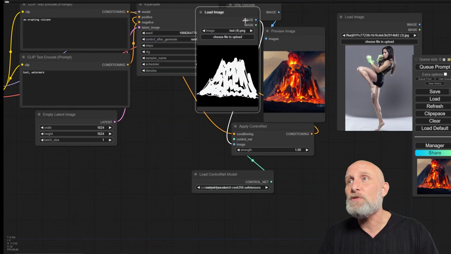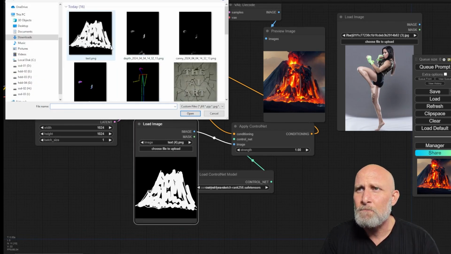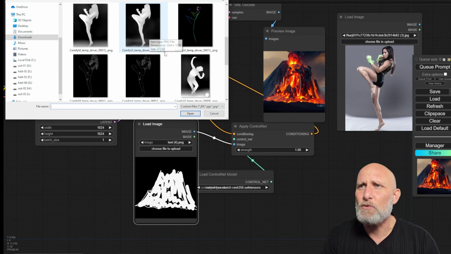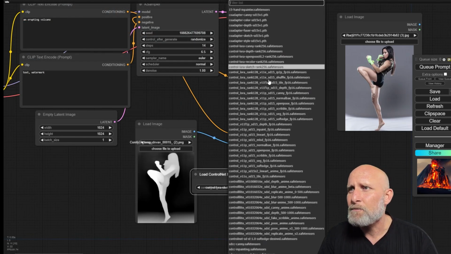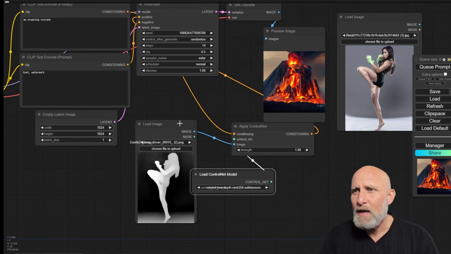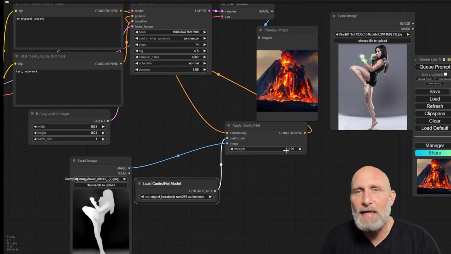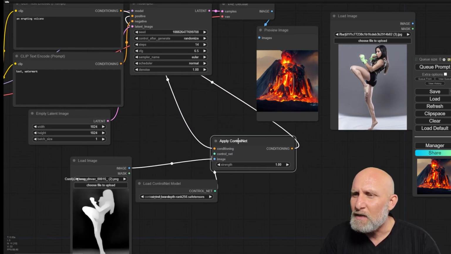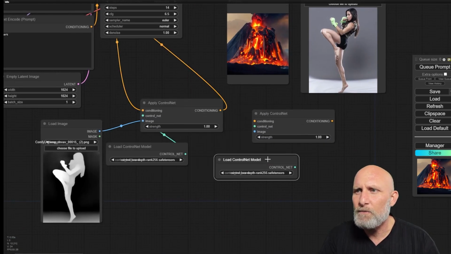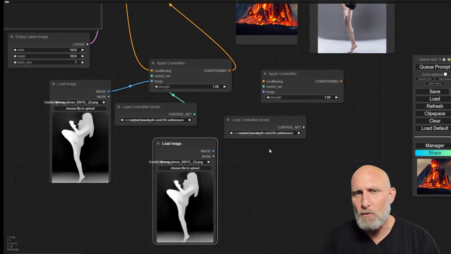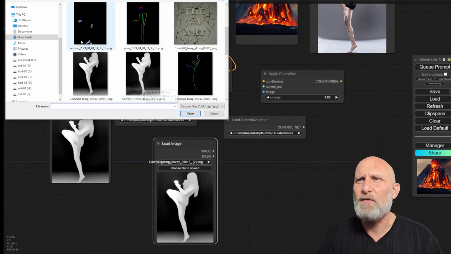What happens if I want to use several ControlNets together? Well, it's very simple. Let's say for now, let's load this one. So I want to use this depth map, and I will change here to the depth map. And now let's say I want to add another ControlNet of Canny, for example. So instead of chaining the conditioning here to the model, I will simply duplicate the 3 nodes. I was holding Alt and dragging, and here we will choose, for example, the file of the Canny,